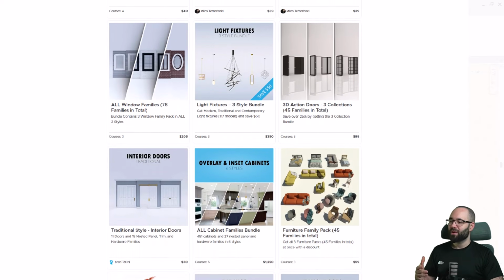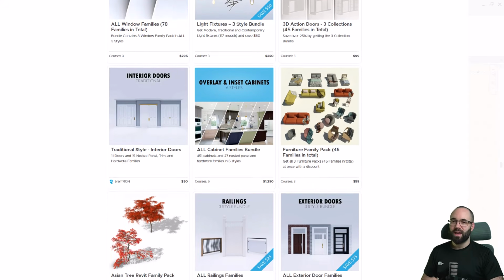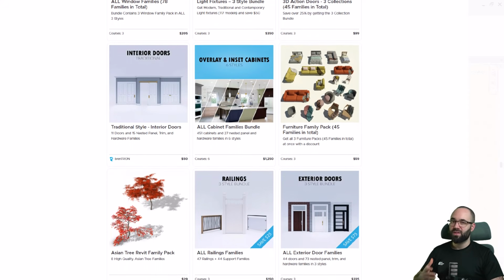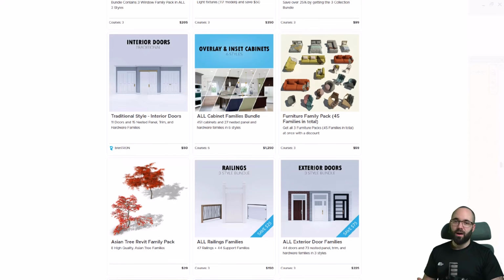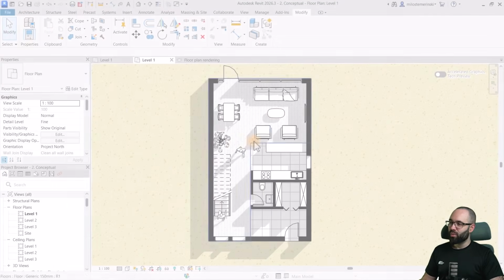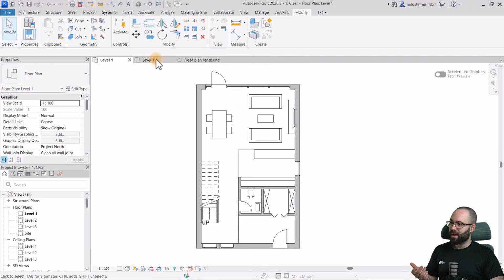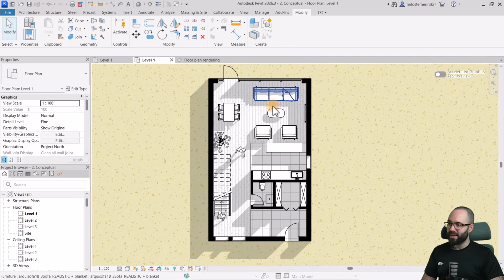They're made to create these extremely realistic floor plans, 3D views, and so on. We have many different families for furniture, people, cars, planting, trees, and so on. So in this case, what we do is we basically replace these simple families with these highly realistic families, and it's immediately going to make everything feel a bit more exaggerated in terms of the realism and the